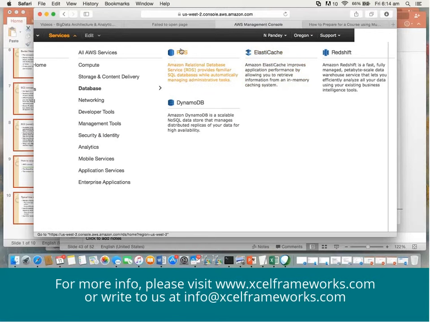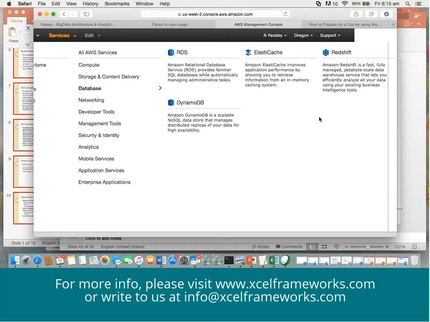Then you have RDS that provides you RDBMS, relational database capability. That means you can configure a database which is from Oracle or from MySQL. So you can make a database also part of it. Now you have DynamoDB. Believe me, DynamoDB is NoSQL, like you might have heard about Cassandra, MongoDB. Amazon came up with DynamoDB, right? And believe me, Cassandra is actually based on DynamoDB, right?